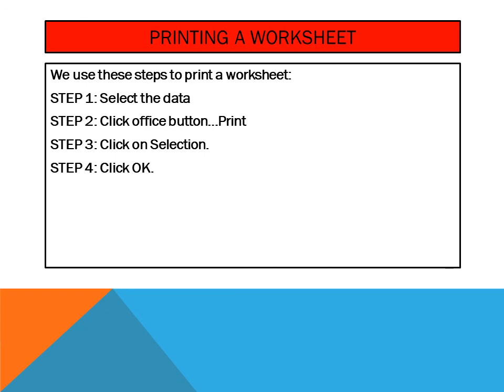Select the number of copies if more than one copy is required. Depending on our wish, we need to select the number of copies, if we want 1, 2 or how many. And in Print what we have to select the selection option. There is entire worksheet, entire workbook, active sheets. It depends on your requirement which you want to print. Then click on OK button to get the printout.